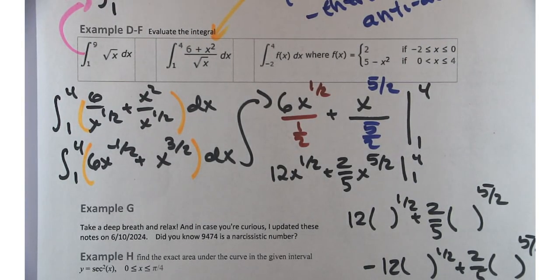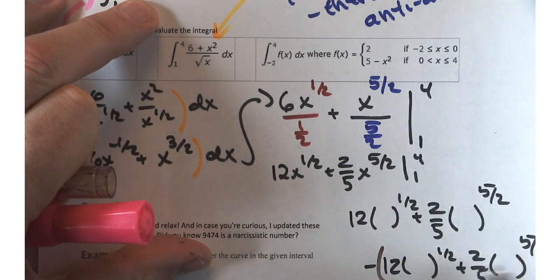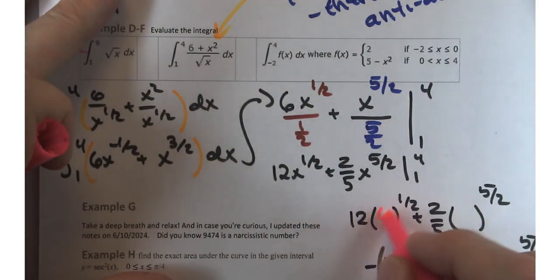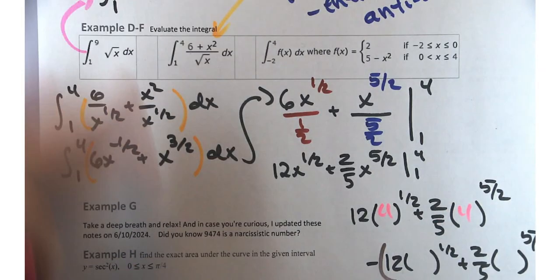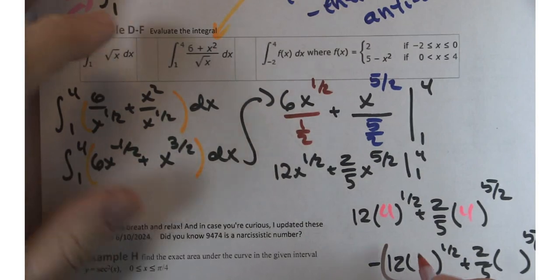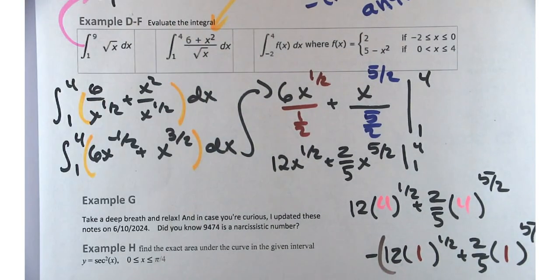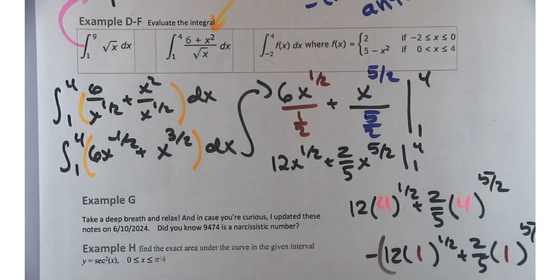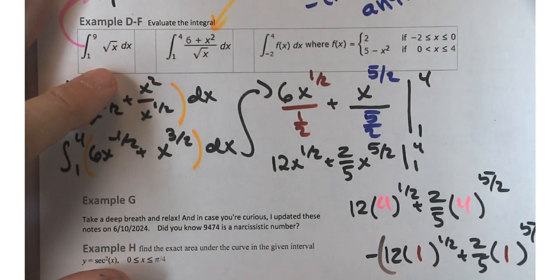So let's put in some numbers. I got a 4 from here, and then a 1 and a 1. 4 to the 1/2, that's just the square root of 4, so that's going to be a 2. 12 times 2 is going to be 24, plus 2/5 times 4 to the